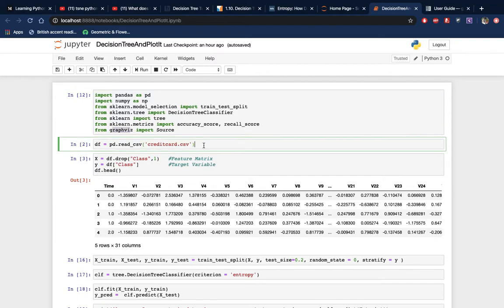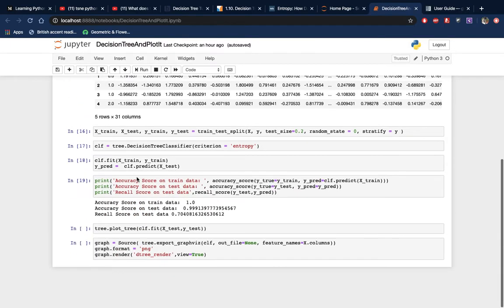Then here there's a read CSV command. What this does is it reads the CSV file and stores it in a pandas data frame,